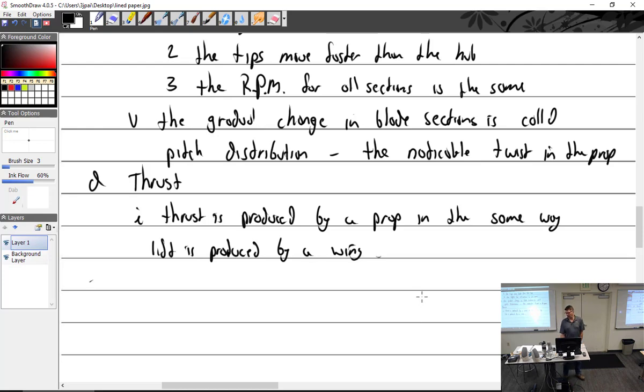How is lift produced in a wing? When the air goes over the wing, it creates a faster, lighter air, and when it goes under, it's low pressure, higher pressure. Higher pressure on the bottom. Is that it? Help me out here, right?